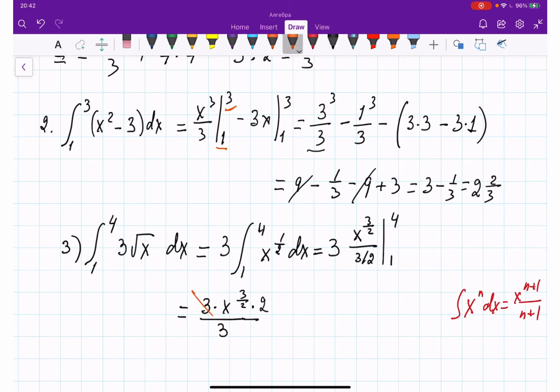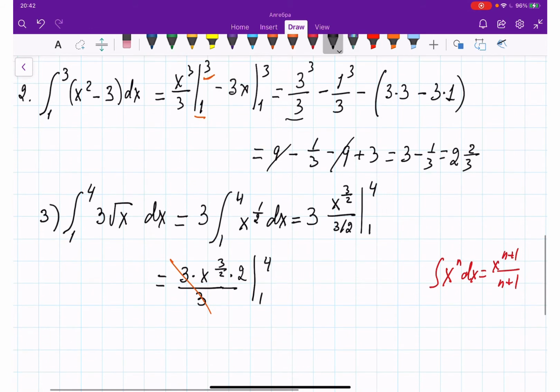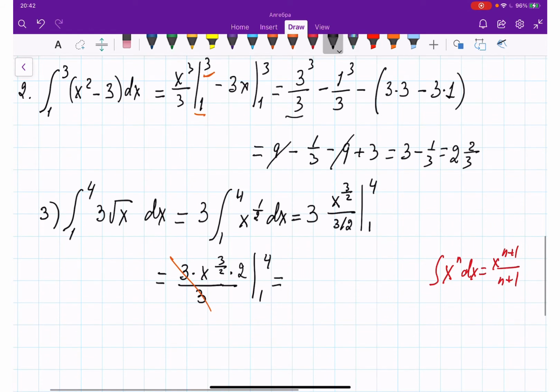Which will cancel this 3, and that's going to be limited by 1 and 4. Yes? Okay, and from here we are going to have twice times 4 to the power 3 over 2 and minus twice 1 to the power 3 over 2. Okay, so what do we have here? This is going to be equal